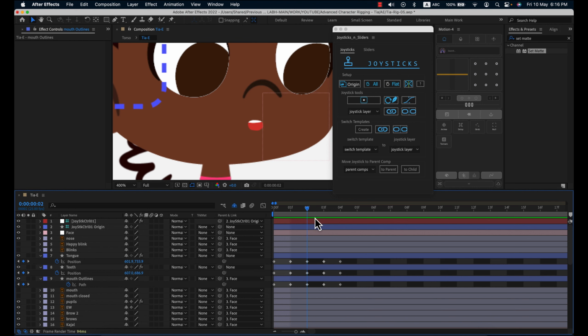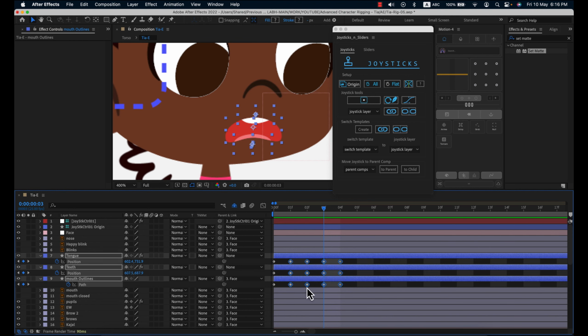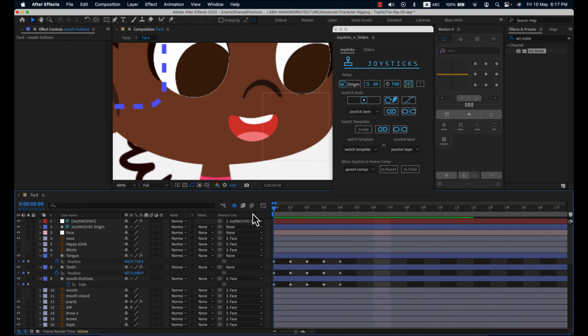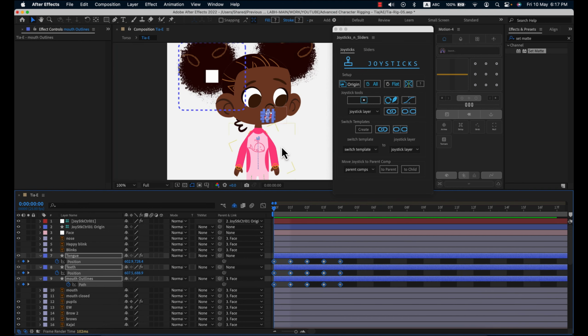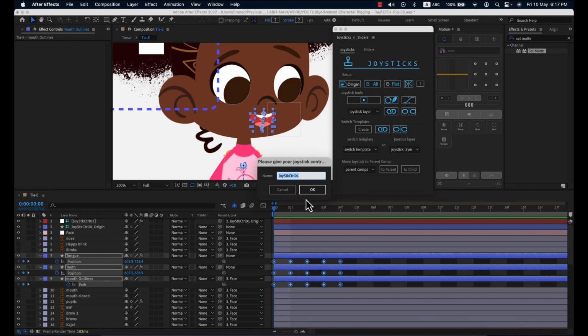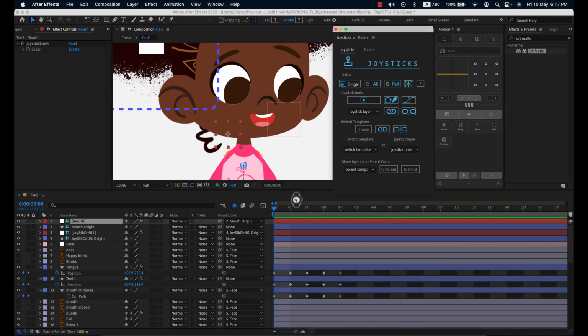I'm just going to reorder them a little bit. So I'm going to move this aside, take the sad shape, the upside down frown, and then an open shape, then a U, and in the end an M. So I'm just going to place all these shapes in 5 frames. Alright, select all of them like we did before, and just create a new joystick. Let's name this mouth this time. Press on OK,